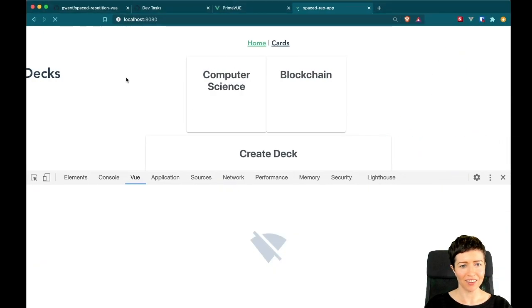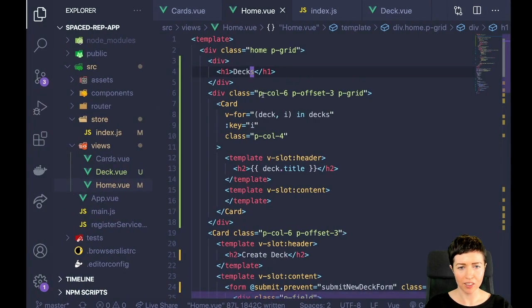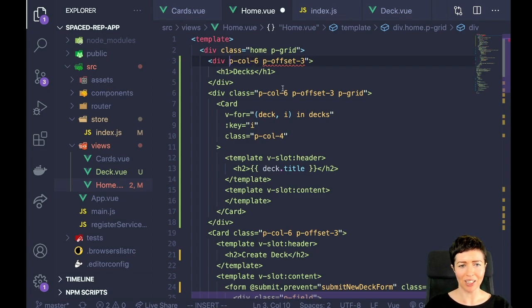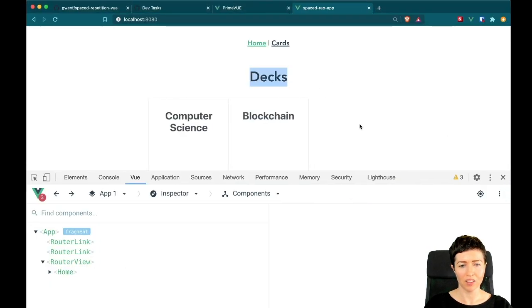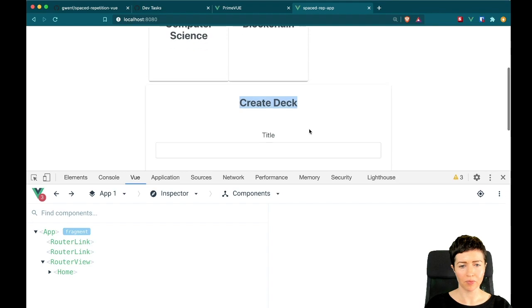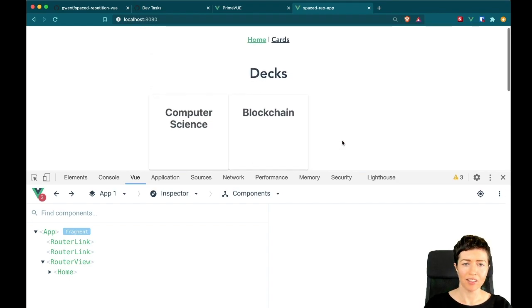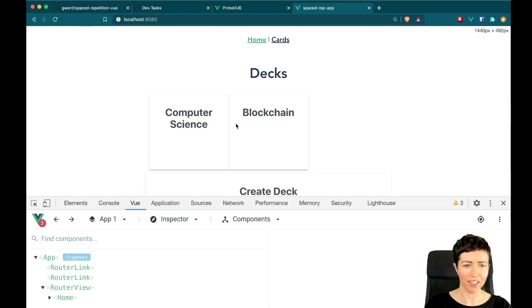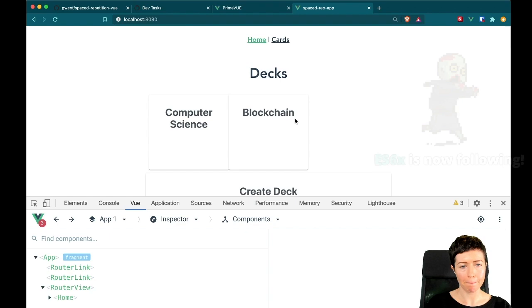Cool. Okay, so now decks, I'm going to have to do some kind of column stuff in there. I'm going to have to change all of this because I'm reusing a lot of the same classes here. Okay, so class equals, there we go. So that's centered above all of the decks, and then I have a create new deck card down here to create a new deck. And the styling can always be fixed later, but the placement of these is pretty much what I want. So these display 3 to a row, and